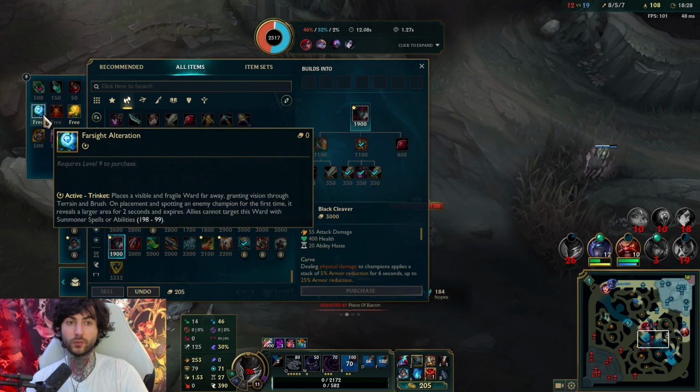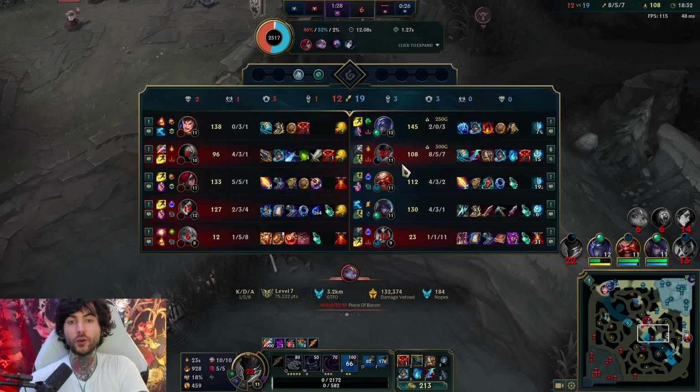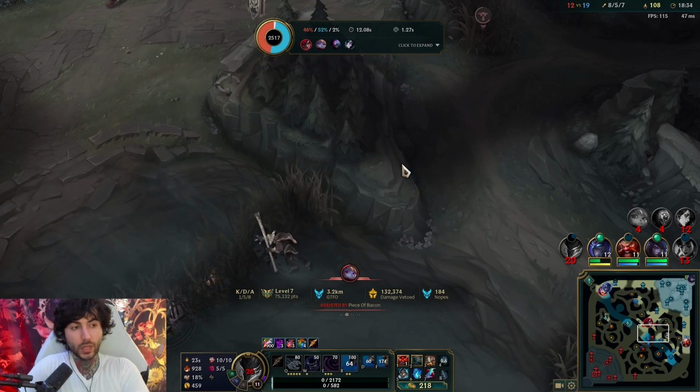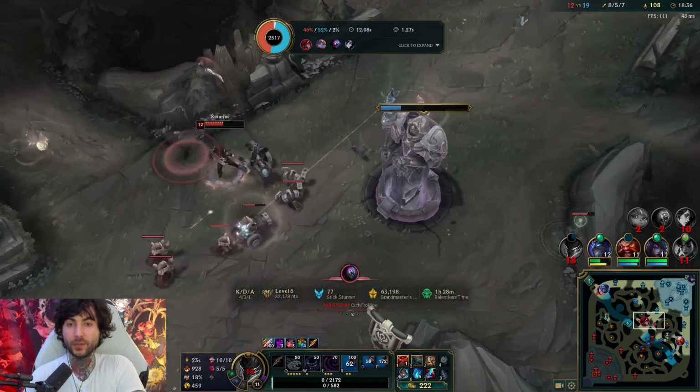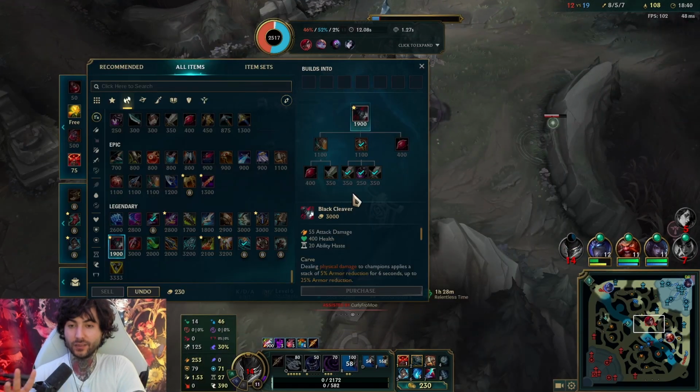And here I usually go my Cleaver for ability haste. Cleaver is really good right now. You can go Frozen Heart for armor in some games too. It's getting nerfed, so I don't know. I'm gonna test it more after, but you can always go Sterak's. I hate, sorry. You can always go